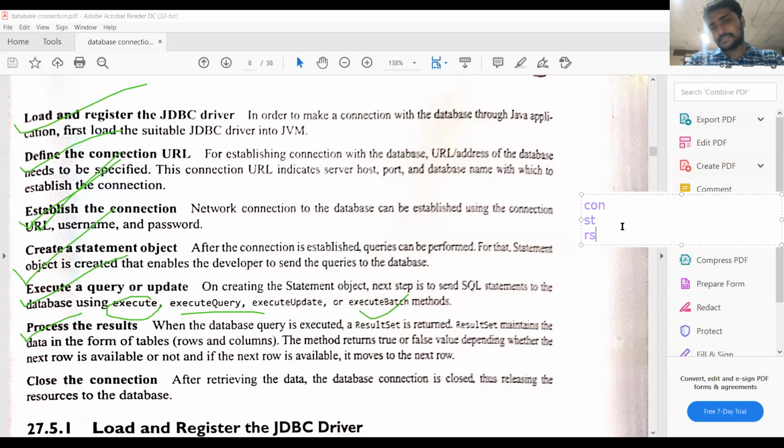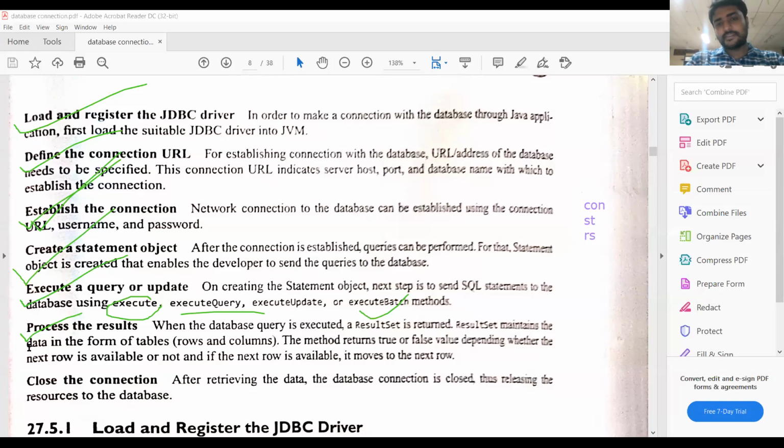We need 3 classes, 3 interfaces to handle the database connection. First one, to establish the connection, we need a connection object. Next, to write the queries, we need a statement object. Next, in order to store the results, we need a RS object. So in any Java application regarding database connectivity, we need all these objects.